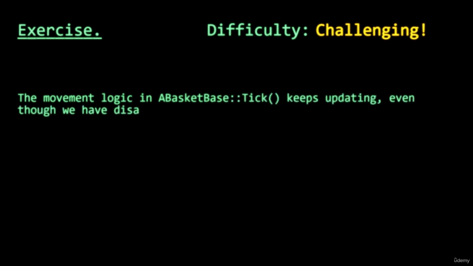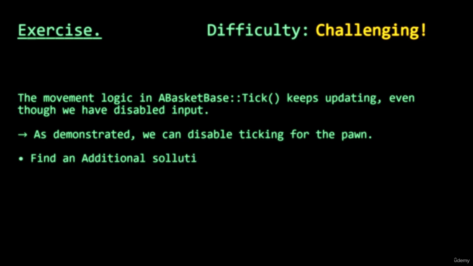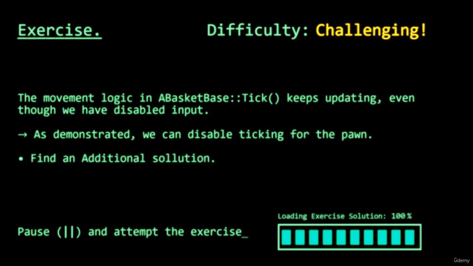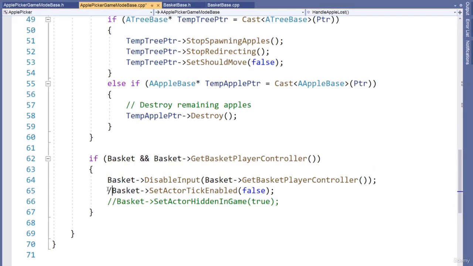But for an exercise, I'd like you to find an additional solution. This exercise should not be that difficult for you. You may just have to think a bit about what we are doing and what we are trying to solve. Back in the game mode, I will comment out the statement where we set the actor tick enable to false